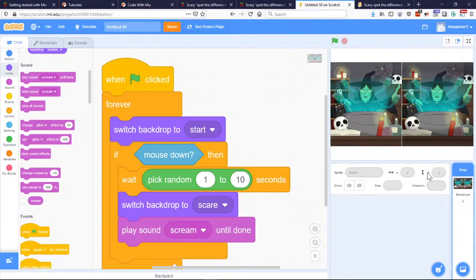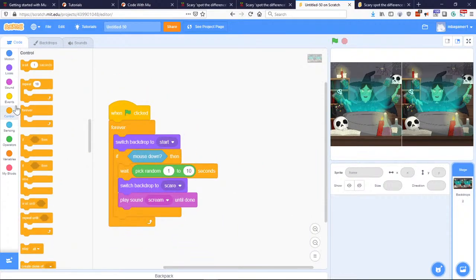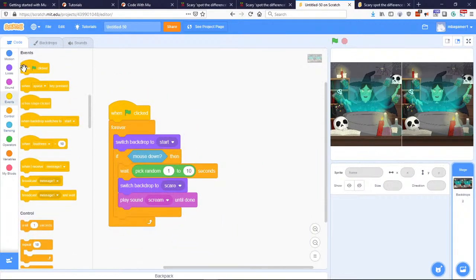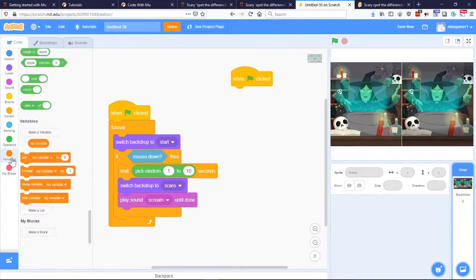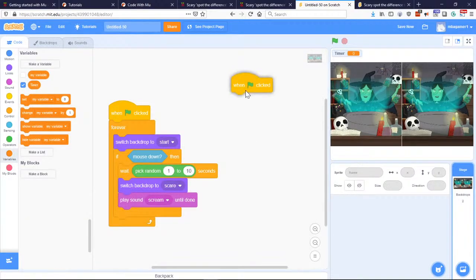So let's click our background here and let's zoom out. Let's get our flag involved. We need to go to our variables. Make a variable, let's call it timer. We have our variable, and we actually want it to be set to,